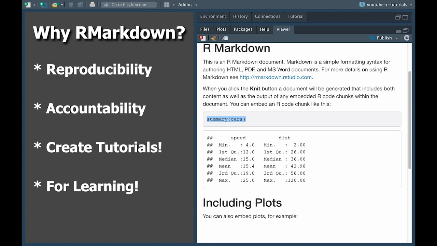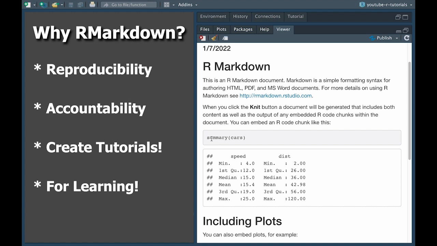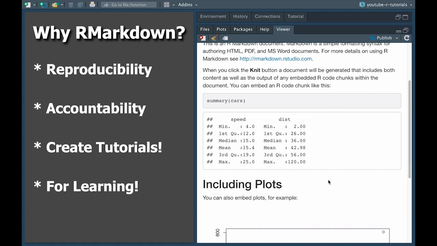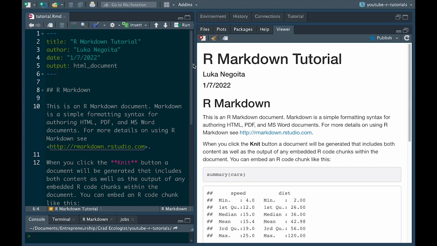So I'm specifically going to talk about how you can use it for learning R, but essentially it's a system where you can enter in all your information, all your notes about the learning process, and then also include the actual functions and code as you're learning so that you can essentially create this solid record of what you were able to learn in the form of this really neatly polished HTML file in this case, that you can then reference back again whenever you need to remember something that you learned or want to go over the material again to study for an exam or just for learning R and getting better at it over time. All right, so now let's do this ourselves from scratch.